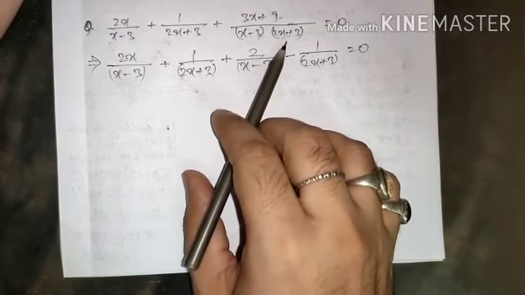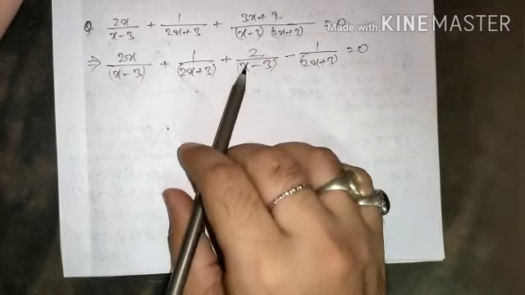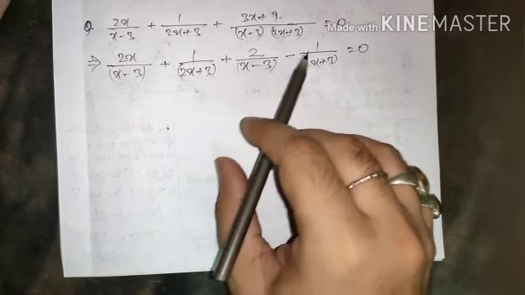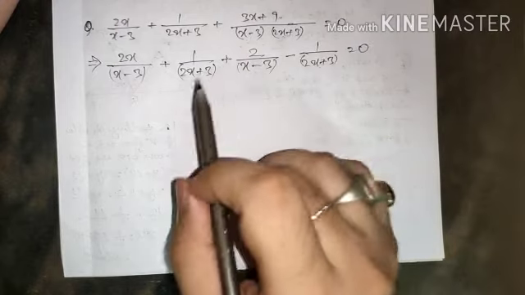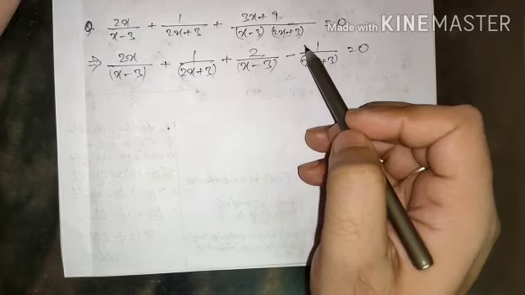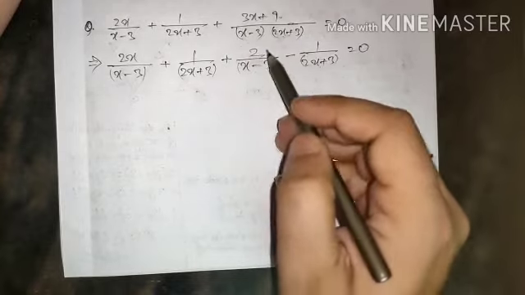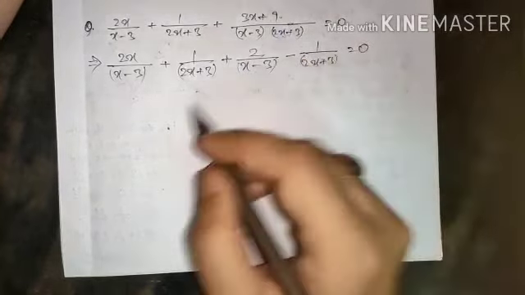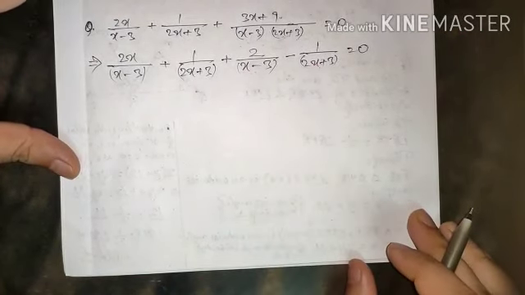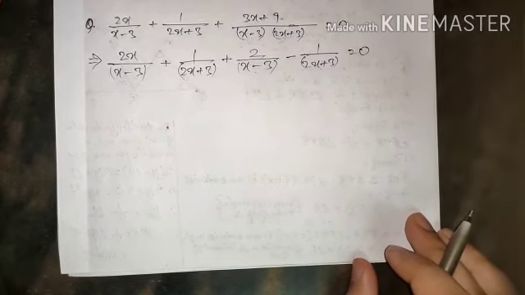Here we'll get minus. Now 2x plus 3 and 2x plus 3 cancel. Here it will come minus x minus 3: minus 1 into x, minus x, and minus into minus, plus 3. So here we have 4x plus 6, and here we have minus x plus 3. 4x minus x becomes 3x, and 6 plus 3 becomes 9. So automatically we get our result. In this way you have to think. It needs a brain workout, and in this way you can enhance your thinking.